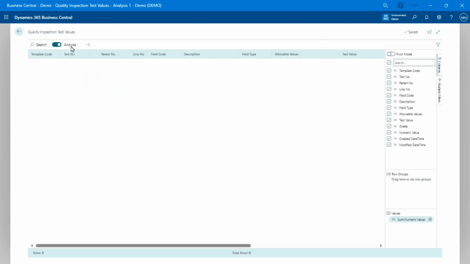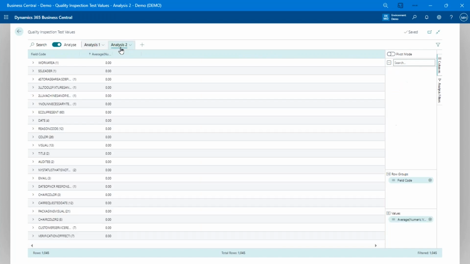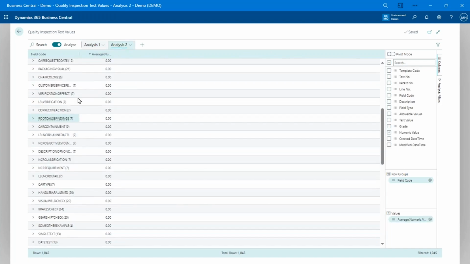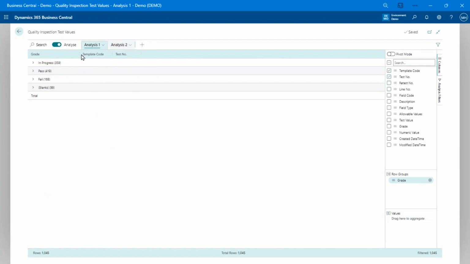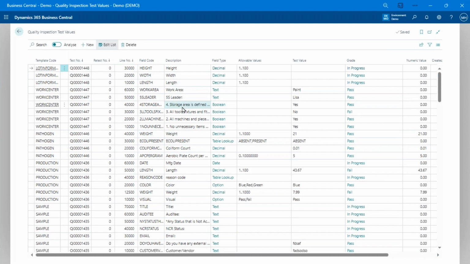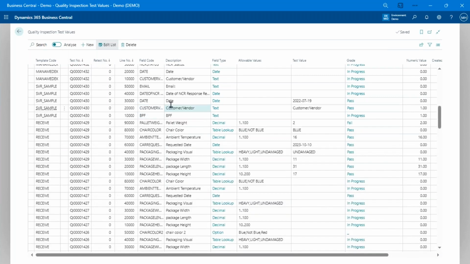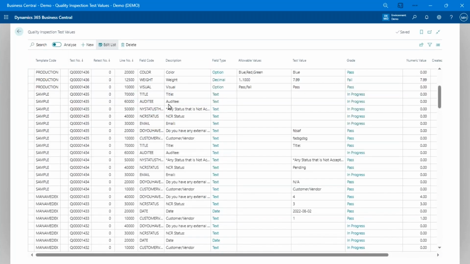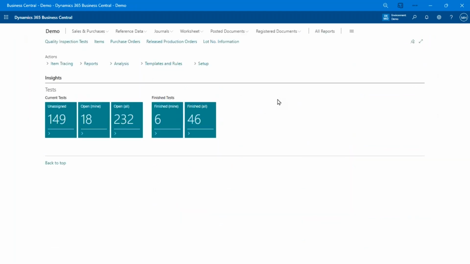And one of the nice things is in the new Business Central, that analysis view, you can use the raw data to come in here and do your own pivot tables and things like that right within Business Central as well, because this is effectively giving you the raw data that you can do those analysis views in Business Central, or dump this to Excel for your own custom reporting or whatever the heck you want to do with it. All right, that's kind of the end-to-end solution for the quality inspection.